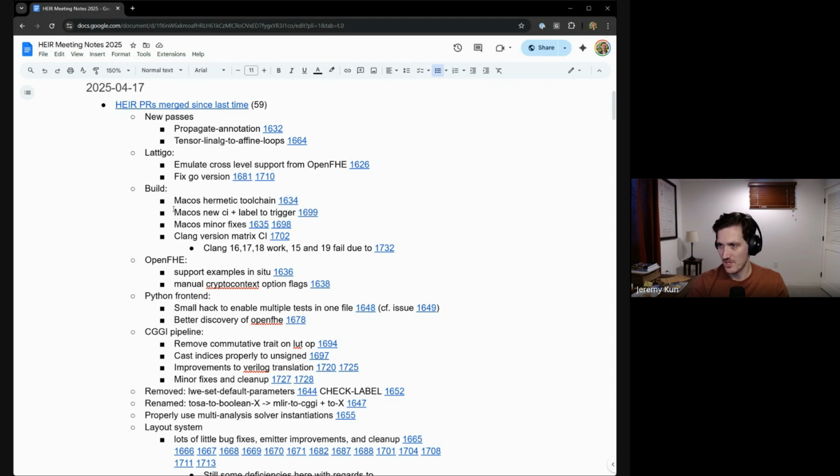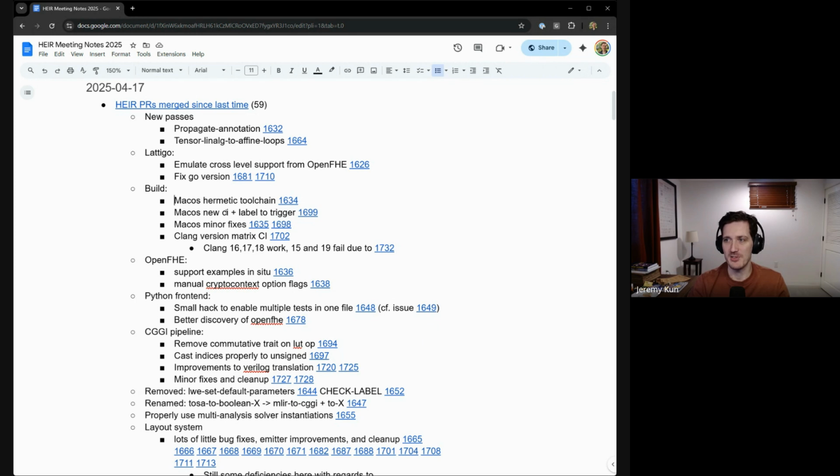Okay, so we've had a bunch of changes to the build. We added a new macOS CI and a hermetic toolchain. So now if you use Mac, you have to have a full Xcode installation, not just the command line tools, which is kind of an unfortunate side effect. But that means that we're using the same macOS correctness setup as TensorFlow and all these other systems, because they all use the same macOS Bazel system.